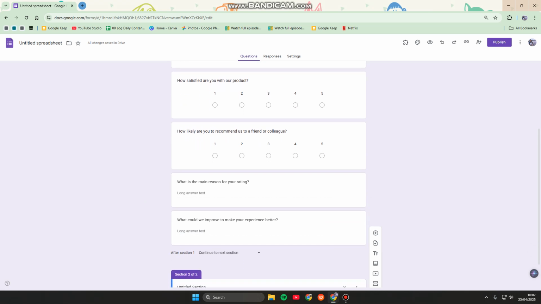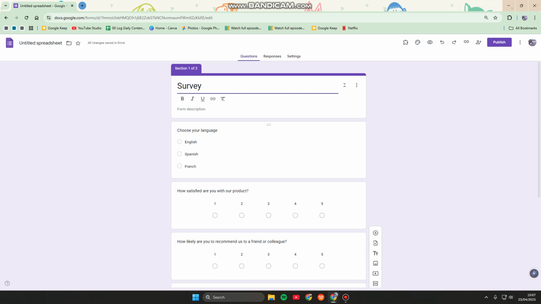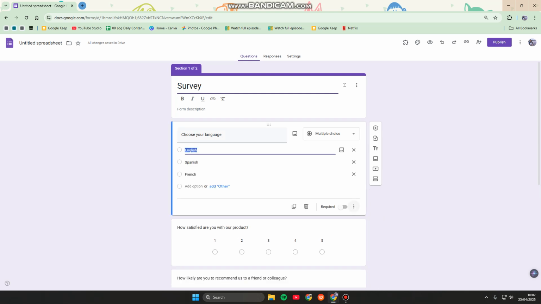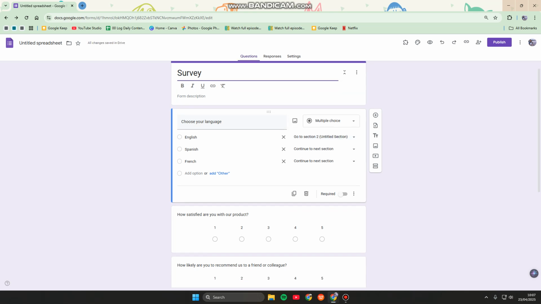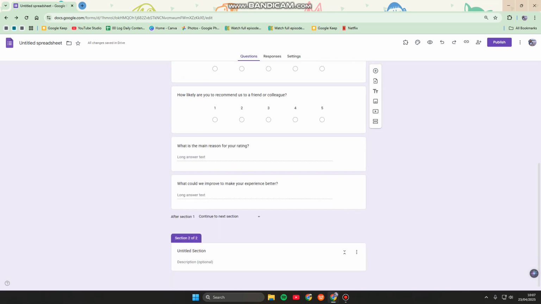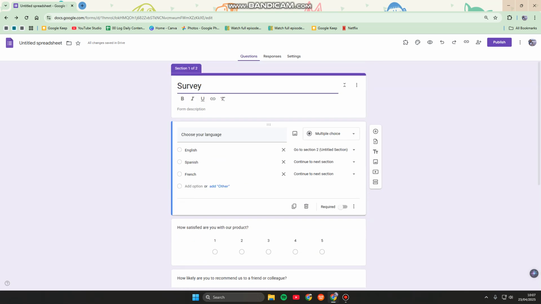And now you can also add logic to your language selector. You can click on the three dots here in the questions, and you can just click on this go to section based on answer. Now you can choose the option. Here I'm going to go to section 2, or you can also rename it. Go to, for example, this one is named Spanish and everything. You can just choose the logic or the action,